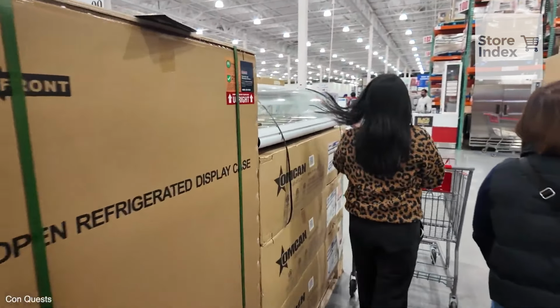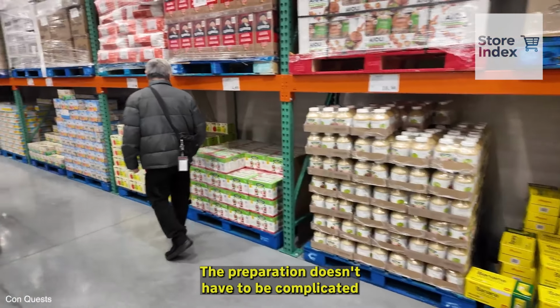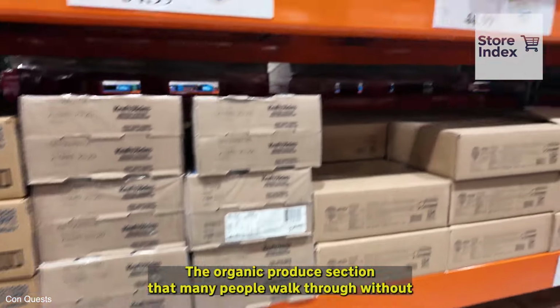You'll find it both fresh and frozen. Often pre-portioned into fillets that make cooking for one or two extremely simple. Toss a piece in a pan with some olive oil, roast it in the oven with herbs, or flake it into a salad. The preparation doesn't have to be complicated. Compared to prices at many mainstream supermarkets, the per-pound cost at Costco often comes in 20 to 30% lower for salmon of similar or better quality. For seniors, it's a way to enjoy restaurant-level protein at home with all the health benefits and none of the markup. That salmon pairs naturally with another Costco strength, the organic produce section that many people walk through without realizing